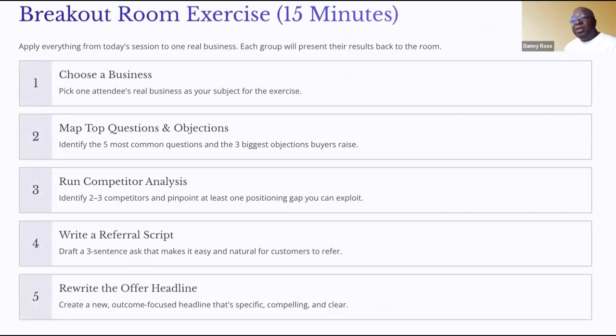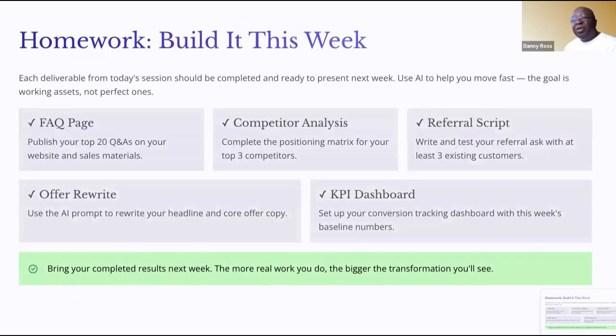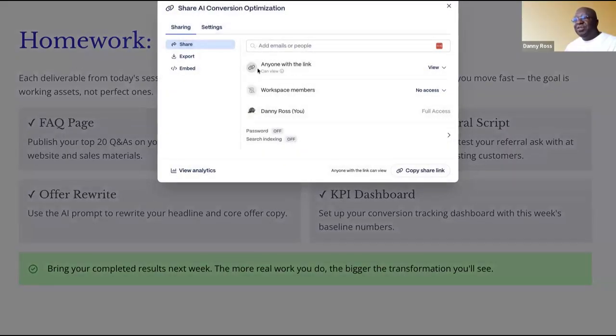So what we can do is, I was thinking about doing this as a breakout, but you know what I'm going to do? I'm going to jump ahead because I don't want to slow down on where we're going here. So this part, though, is a really good, simple thing. We want to build out for next week, take the prompts that are here and do your homework, build out your FAQ page, then competitor analysis, and all 5 of these things that should already be in your task list, but I'm going to make sure that I get that to you again. So I'm going to share this link.